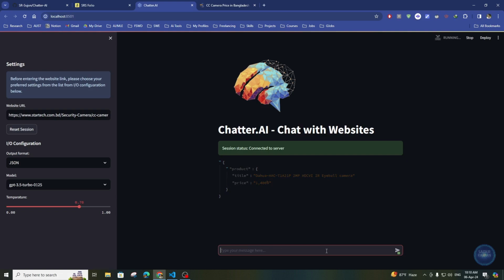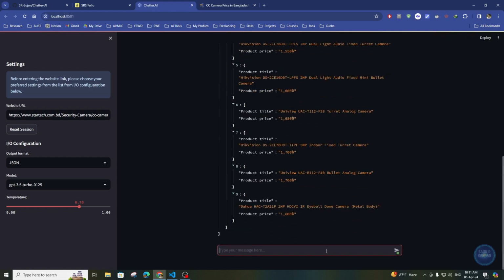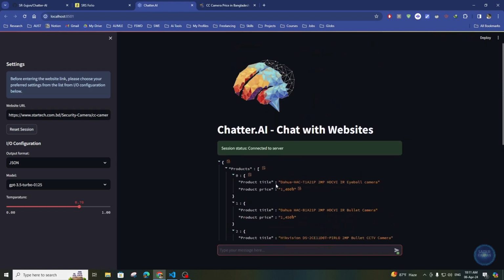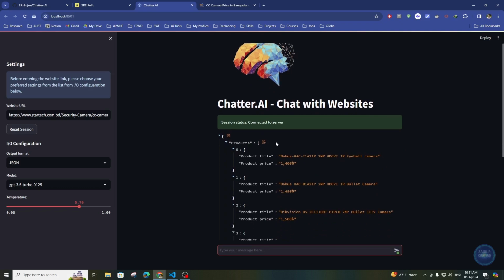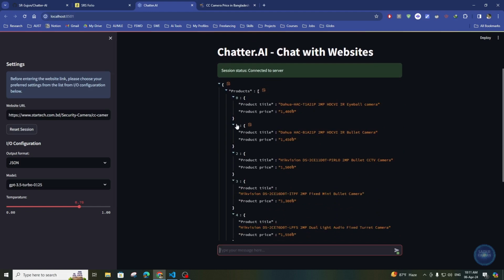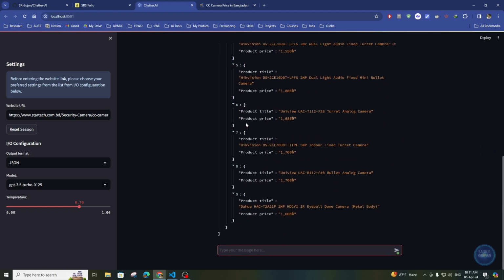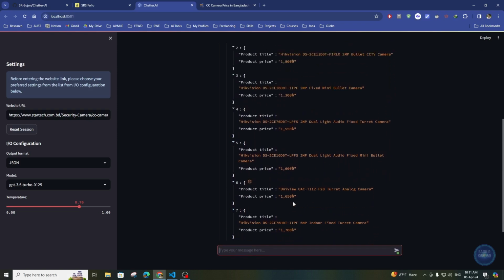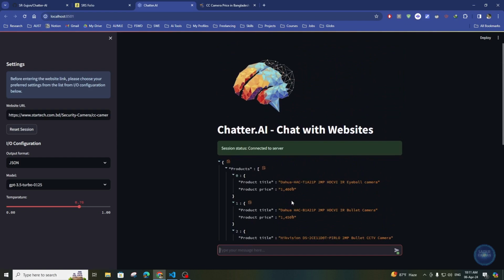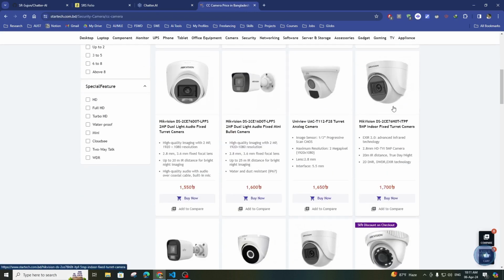It will come. See, yeah. So here we see our products, and inside the products, it's in 0-1 format for every product. So Dahua, here you can see the title, the price. So okay, it's about 9 products. Okay, there is a limitation because of the scraping, as our scraping sometimes takes weird things